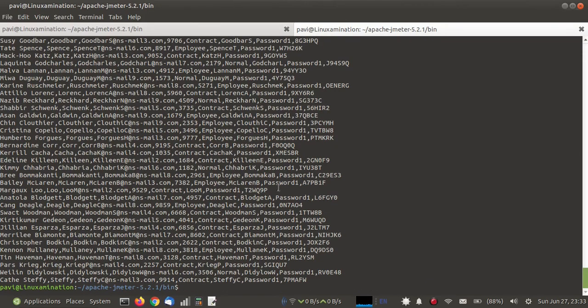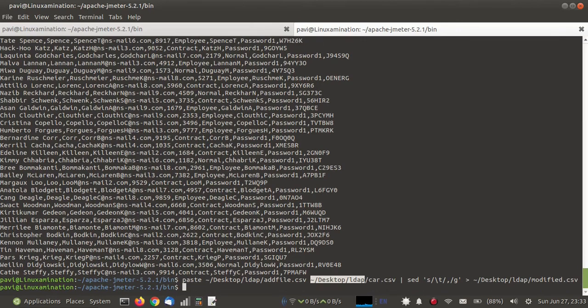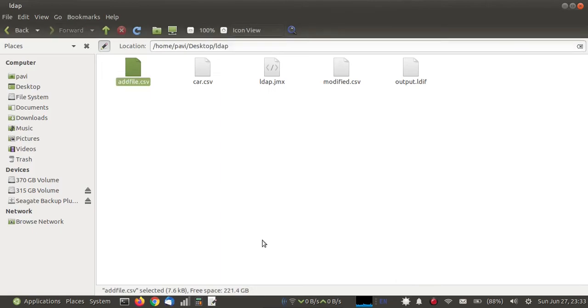Yeah, so in this CSV file I have added another column. I am saving this file as modified.csv. Now this file is here.